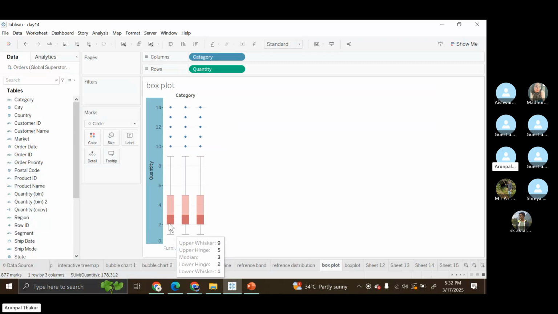So the first Q1 after this minimum is what? In this graph, what we are calling it as lower hinge. This is what? Lower whisker. This is what? Minimum. This is lower hinge. Lower whisker is minimum. Lower hinge is Q1. This point is median. This is upper hinge, which is